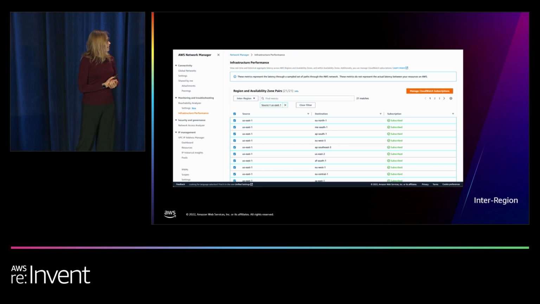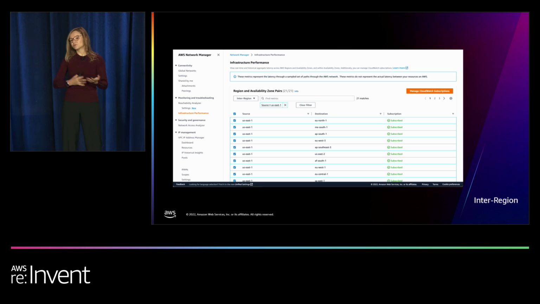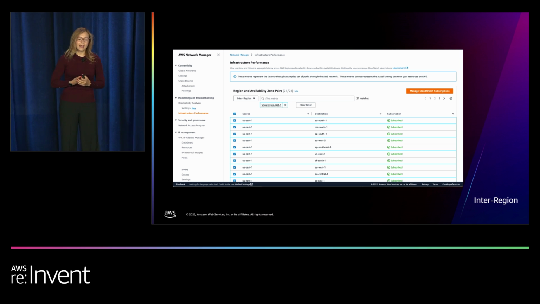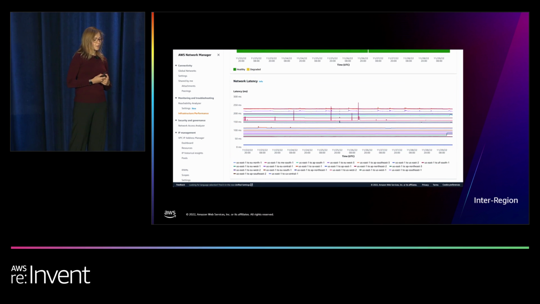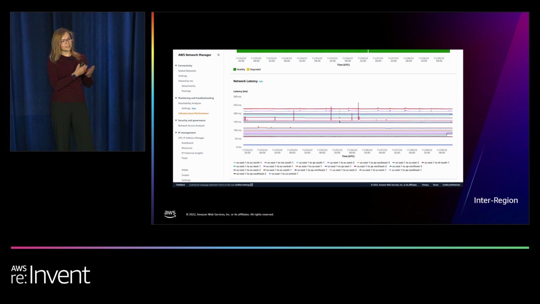Here's how the subscription to the metrics looks like. You simply go into infrastructure performance. You can filter by regions, source regions, destination regions. And once you have selected the metrics, you will see a graph with the average